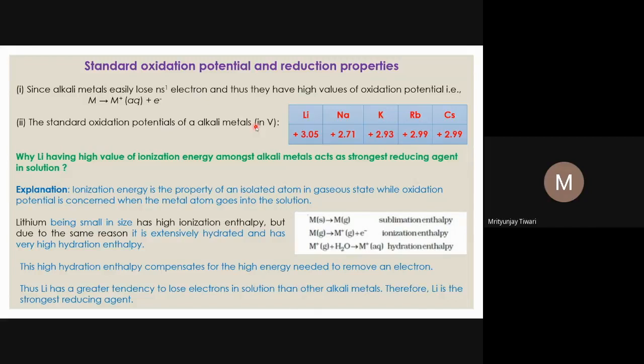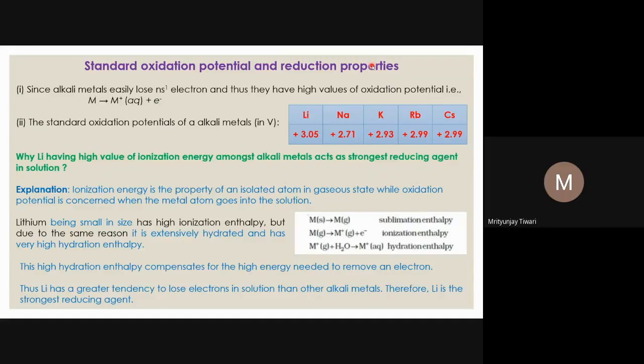Sorry. So, standard oxidation potential, reduction potential. These are very important for us to understand. Usually, when we see the electrochemical series, there we always refer to the standard reduction potential, and with that we look at the reduction properties. You can also say both ways you can find out the reduction properties, because these alkali metals can easily lose their electrons, so they can provide their electrons for the reduction of some other substances, and that we call the reduction properties.